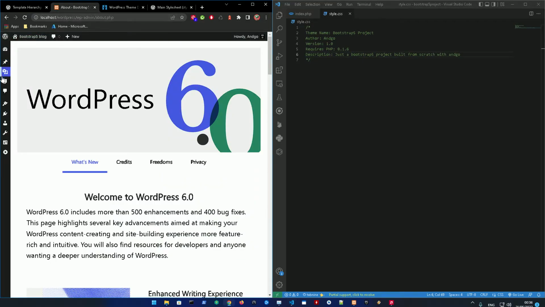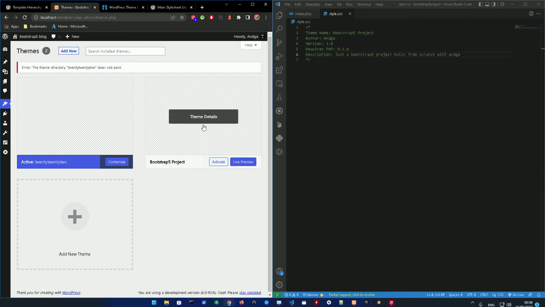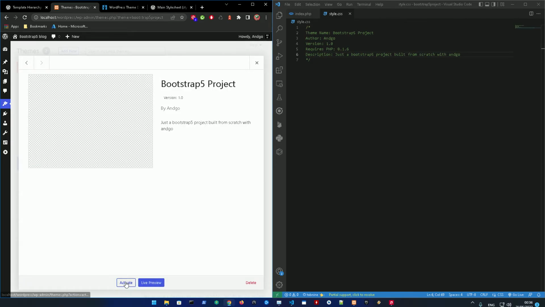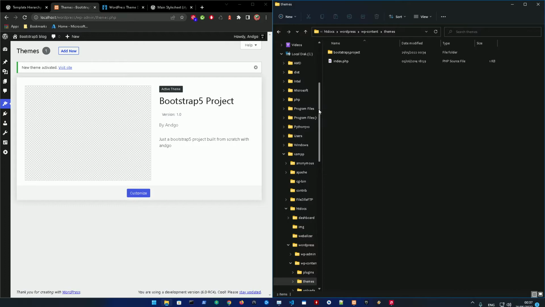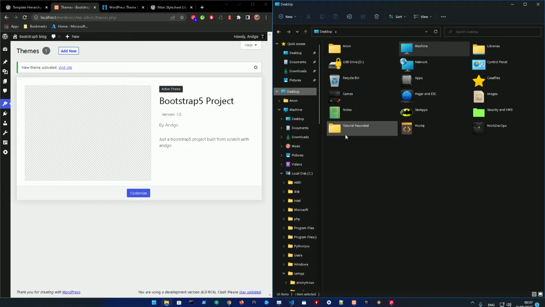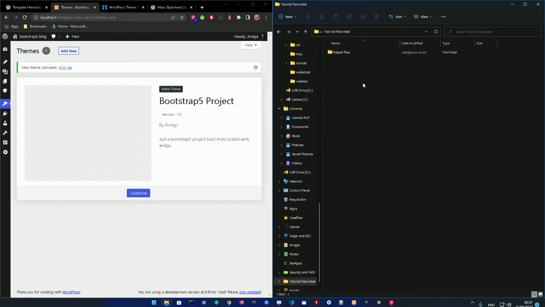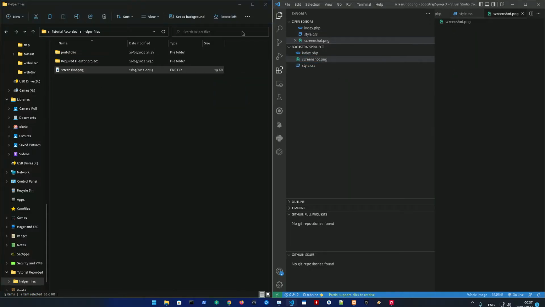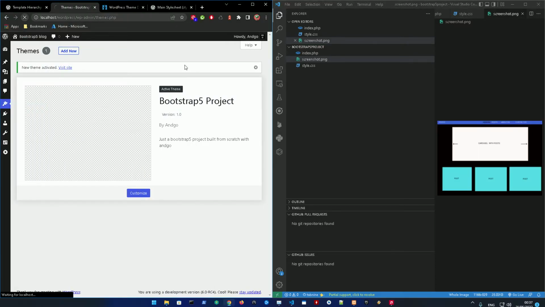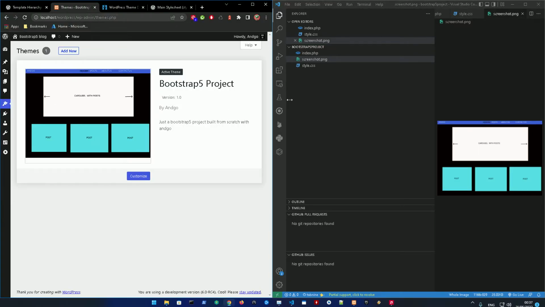So if we go over here and then go into appearance themes, as you could see, the Bootstrap 5 project is over there, so we can just activate it because we already have the required files, which are going to be index.php and style.css. So one last thing, you could also add a screenshot. This is an extra. So let me just go to my helper files and add this over here. Let me refresh that. So as you can see here,